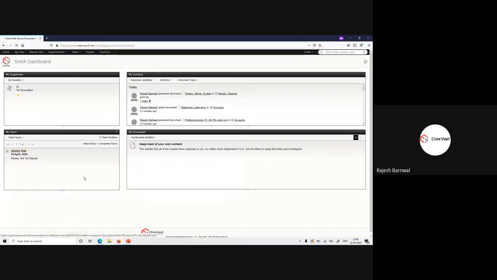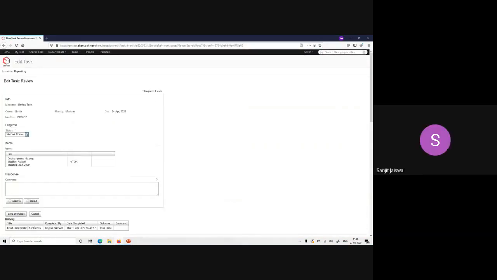When you click on this, you can change the status here. Like if you want to send some status like this task is still in progress, or on hold, or cancel, or completed. Whatever the status you want to send, you just click it here, and if you click on approve, then the status will show like completed. Okay, so it's up to the approver if he wants to put some status on this task or not.